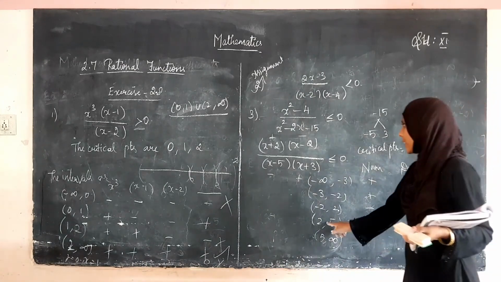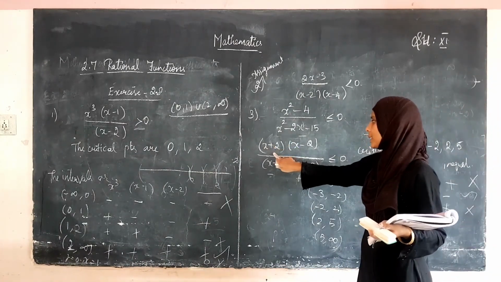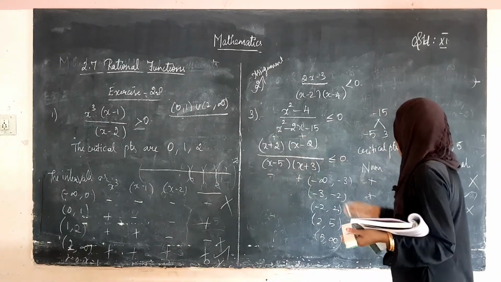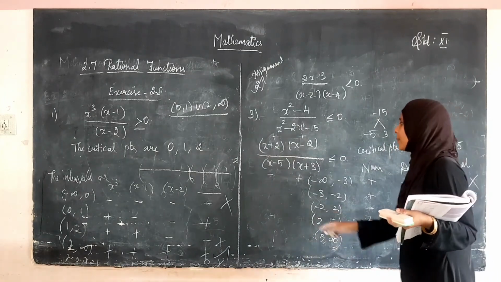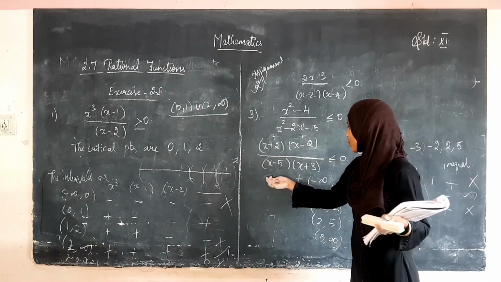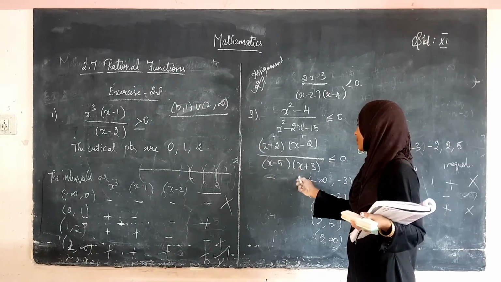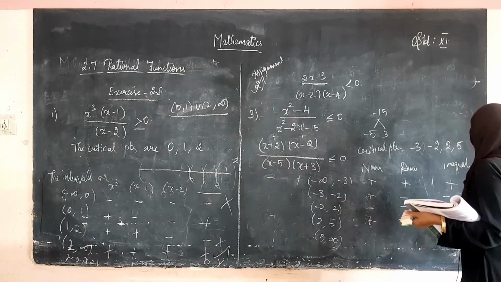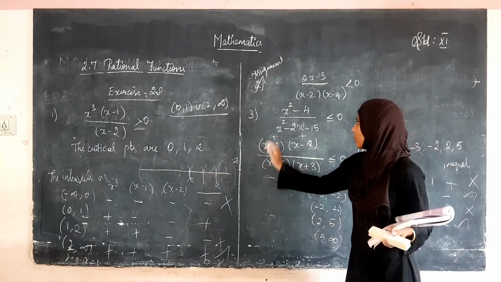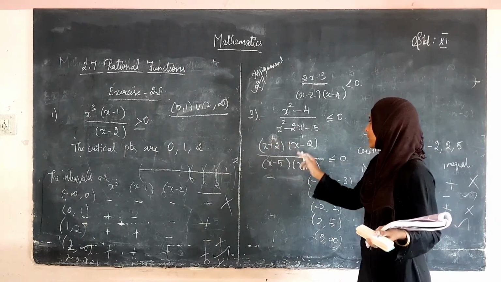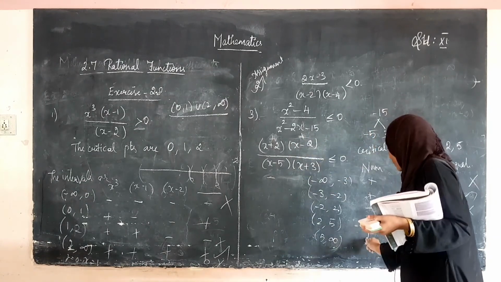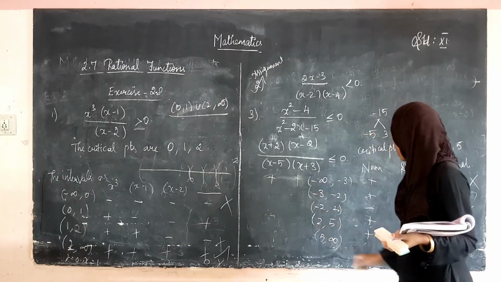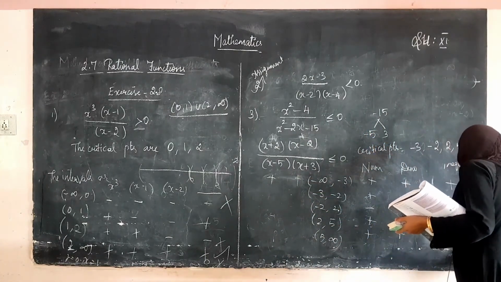And then the next term, shall we take 3? 3 means here is plus, 3 plus 2 is 5. So, it is positive, 3 minus 2 is 1, it is also positive. Positive into positive is positive. And here 3 minus 5 is minus 2, some negative, 3 plus 3 is some positive. So, we get negative here, and positive divided by negative is negative. So, this holds. Similarly 6: here it is positive, here is also positive. So, numerator becomes positive. Here 6 minus 5 is 1, it is positive, 6 plus 3 is also positive. Positive divided by positive is positive, therefore, this does not hold.